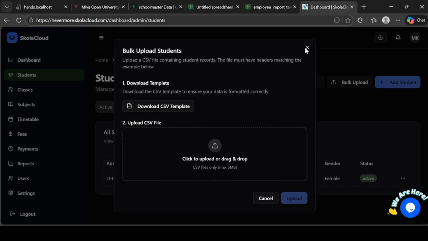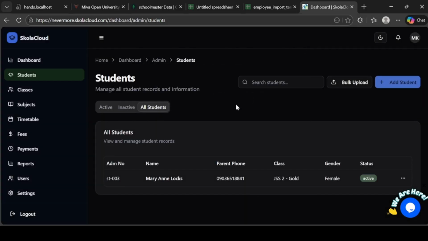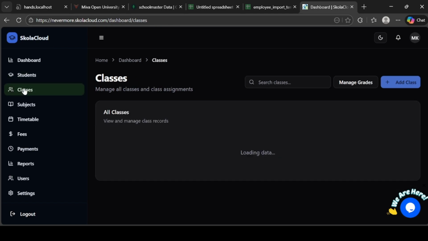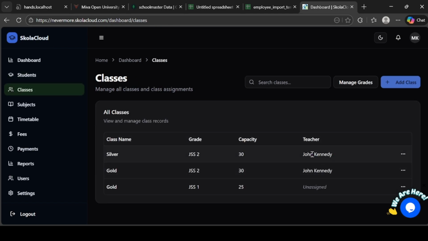Now, when filling in, there's a space for class ID. So you come to the classes. If you're filling in student for a particular class, let's say JSS2 Silver, JSS2 Gold, I'll come here to JSS2 Gold. I'll click on Copy Class ID. When I click here, you see Class ID. I'll click on it. When I copy it, that's the class ID of this